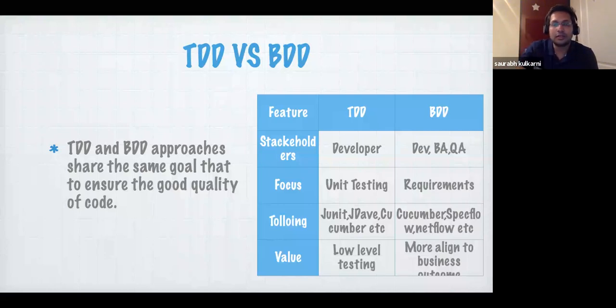If you see the tooling, JUnit is used. Cucumber is used for the TDD. If the BDD, you will say there are a number of tools available in the market that facilitate the BDD framework, or that will help us to achieve the BDD. Cucumber is predominantly used in the market. There are others too, but the most common are JUnit and Cucumber, and 99% of the places, JUnit and Cucumber are being used.